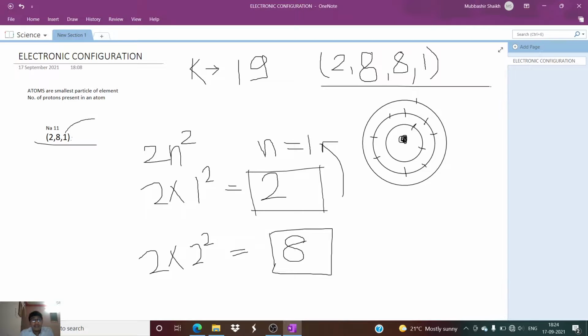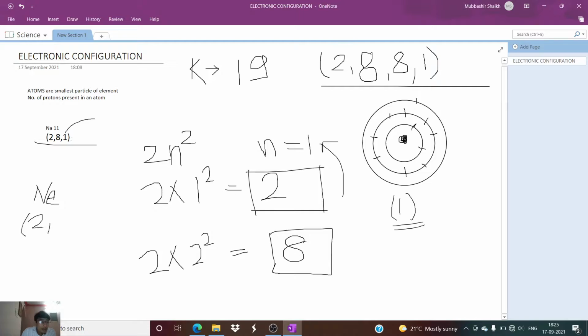In the same way, we have to write down the electronic configuration of other elements also. So what will be the electronic configuration of hydrogen? As the atomic number of hydrogen is 1, definitely only 1 electron is present. Okay. And the electronic configuration of hydrogen is 1. Okay. Inside a round bracket, we just write down 1. And this is the electronic configuration of hydrogen. The electronic configuration of neon. Okay. So atomic number is 10. So electronic configuration will be